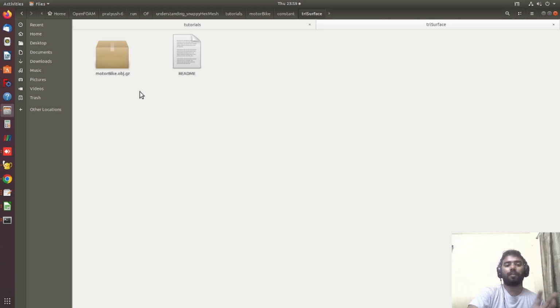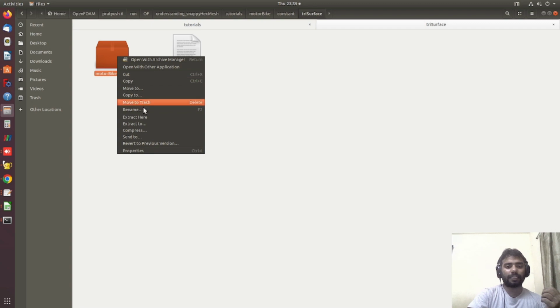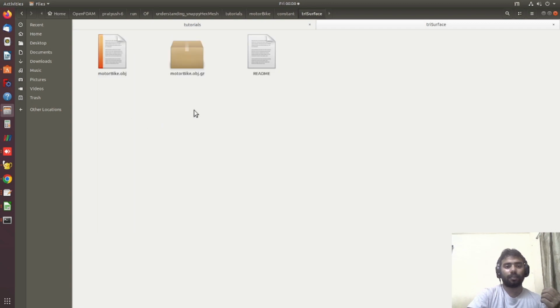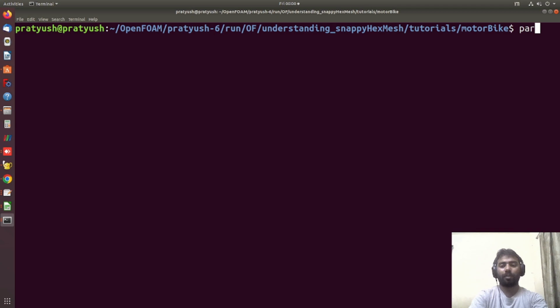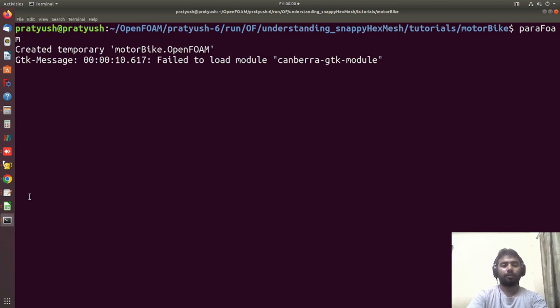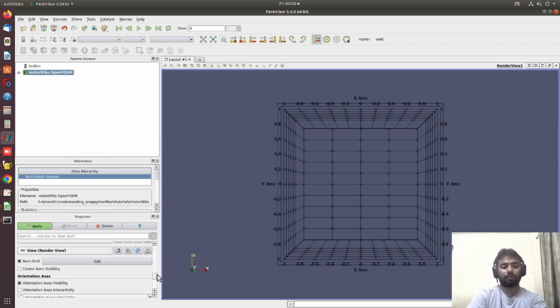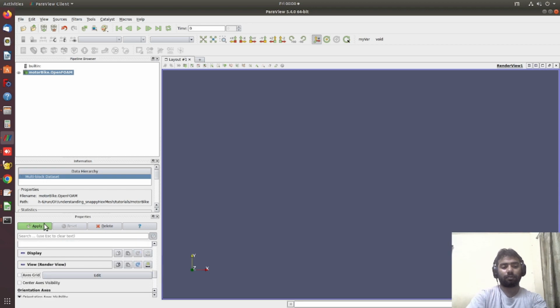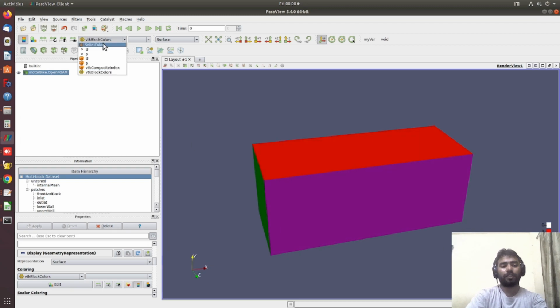Now this is going to act as the geometry for snappyHexMesh. Okay, let me extract this here. So this .gz file is now written as the .obj. So let me again open the background mesh here. So this is the background mesh,